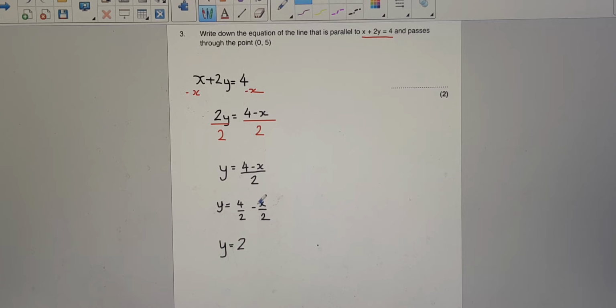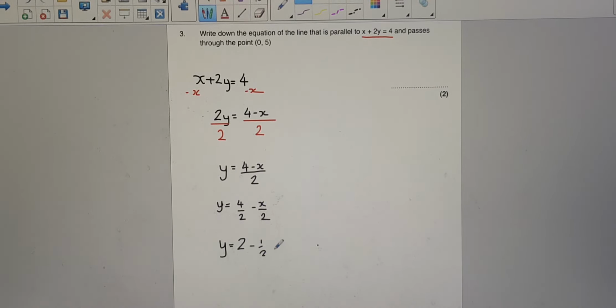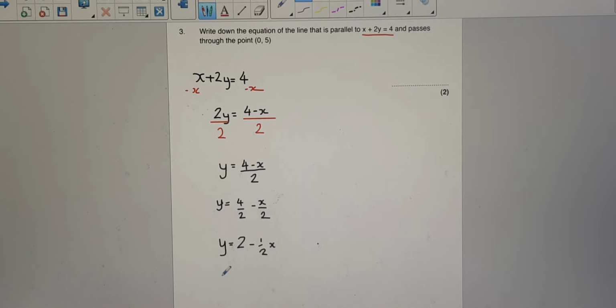If we think about it, that's the same as a 1 there, isn't it? If I have x on its own, that's the same as 1x. So if I have minus x, that's the same as minus 1x over 2, or this is the same as minus half x. So just to confirm, I could leave it like this if I'm confident manipulating from this perspective,